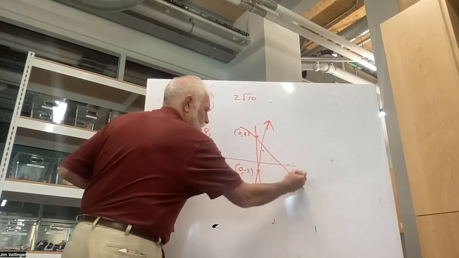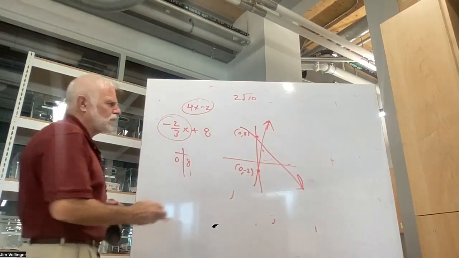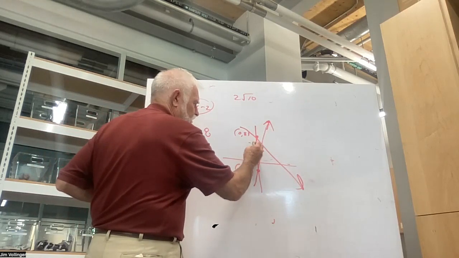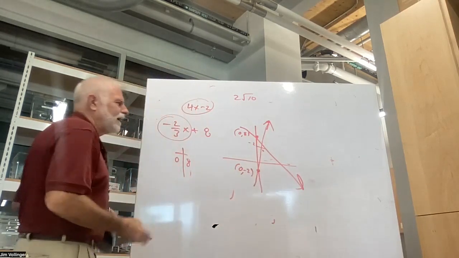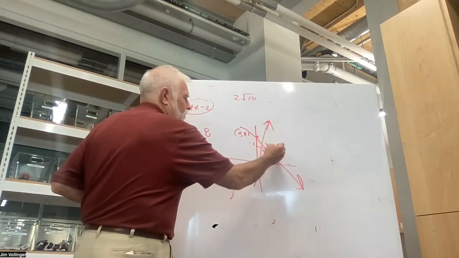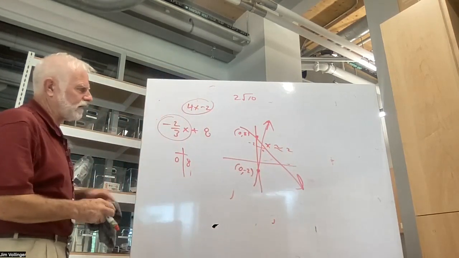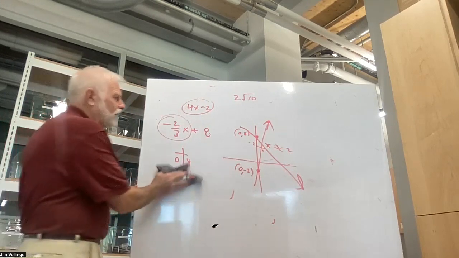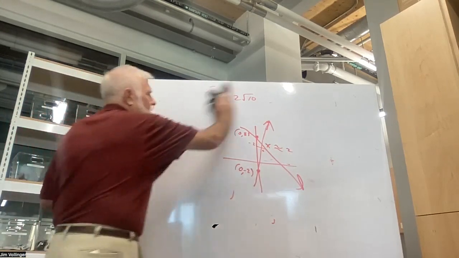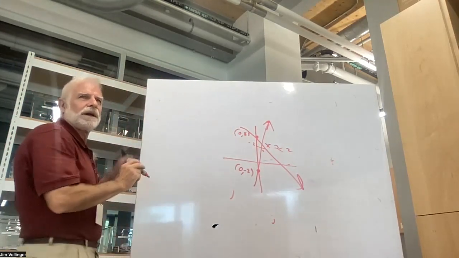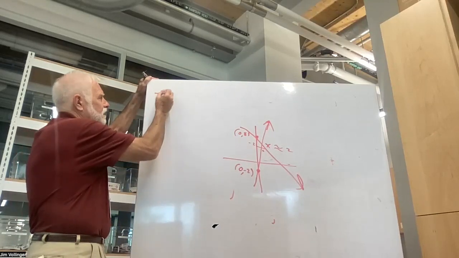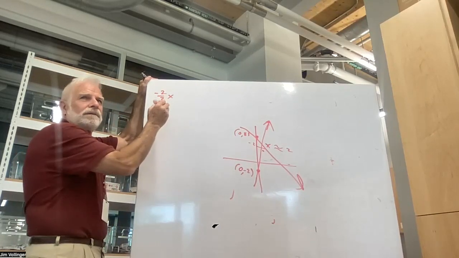Lost my... All right. Oh, down 2 over 3. I should have gone down 2. That's not too bad. Anyway, we got a small x, probably near 2. Rough estimate, probably near 2, because I botched that minus 2 over 3. All right, so how do we get it? All right, minus 2/3 x plus 8